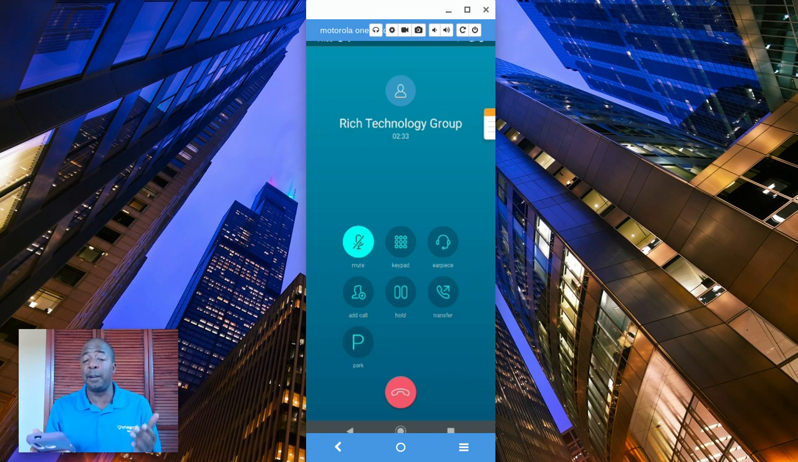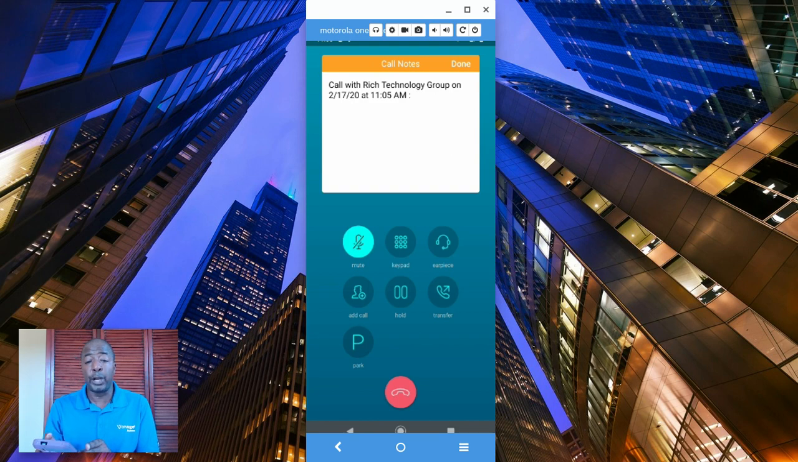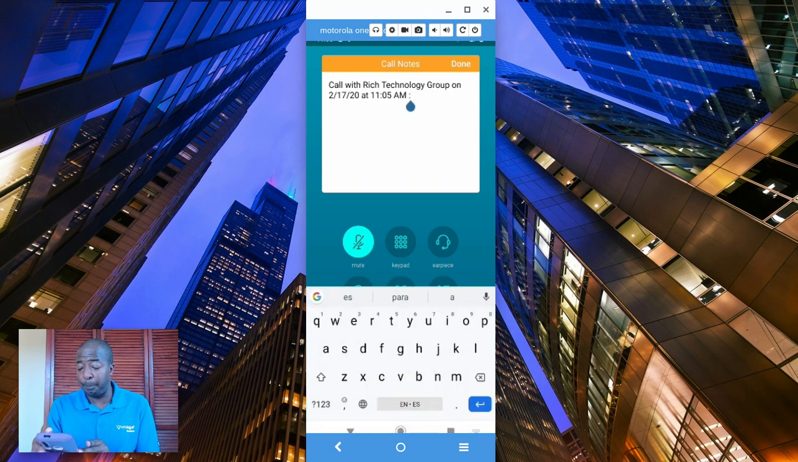Again, it's a legitimate virtual phone system on your phone on the go. There's also a nifty little feature up here for notes where you can actually type in and take notes and things like this about the call. And it will actually append these notes to that contact in your caller ID and in your contacts in the